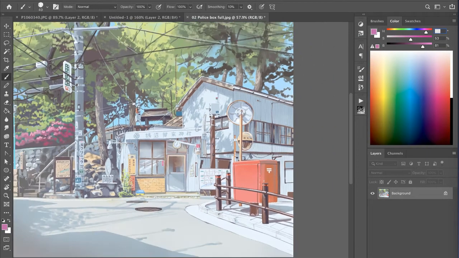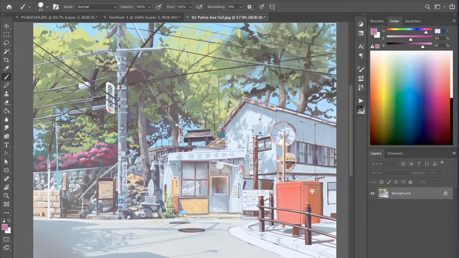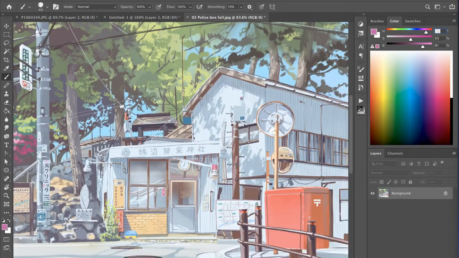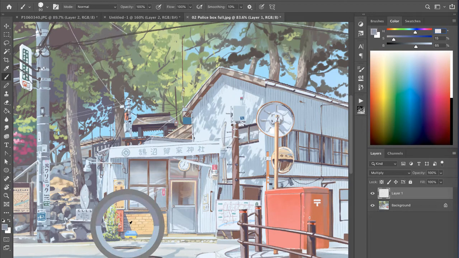One of the things I would like to say here is that I do not use multiply layers if I don't have to. I do it sometimes in my digital paintings. For example, if I would like to put a big shadow on everything that is here, I would make a new layer and put it into multiply, and I would choose the color that I use for shadows in this picture. So for example, this color here,